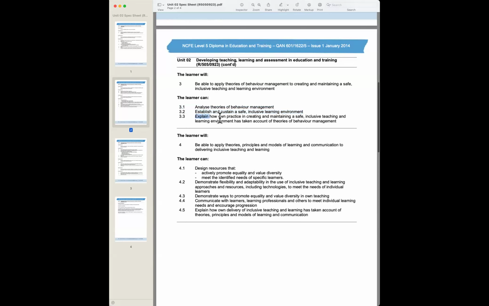And the third one is a bit of a reflection to look at how you relate it to your own practice, your own area of practice. In your own area of practice, how do you use these behavioral theories to better and effectively manage a class and ensure that your teaching and learning is inclusive? You ensure that the learners feel safe, motivated, there are no conflicting situations, and the sessions and